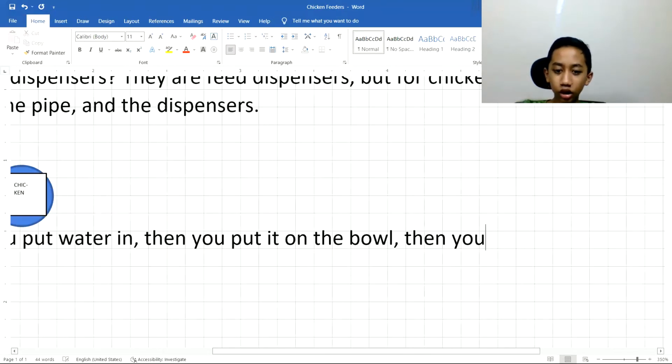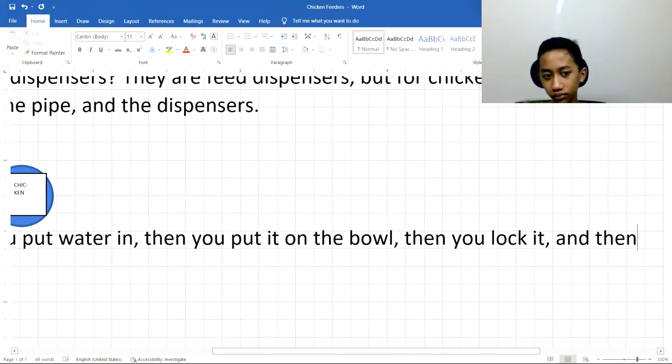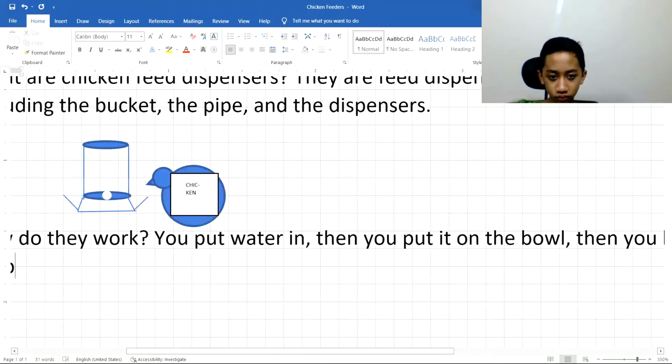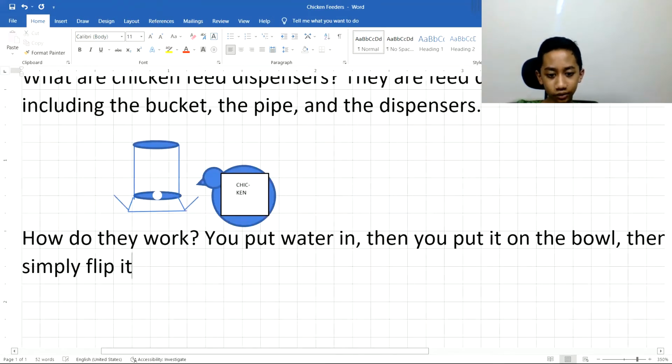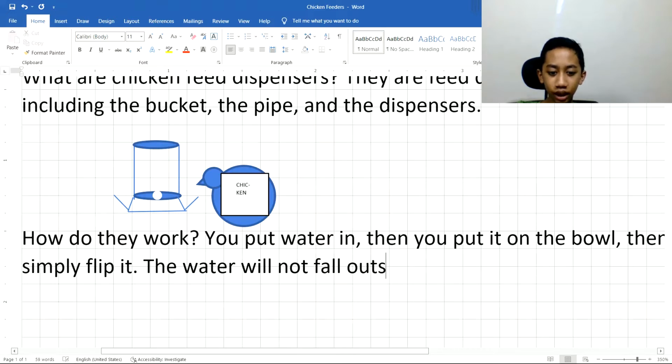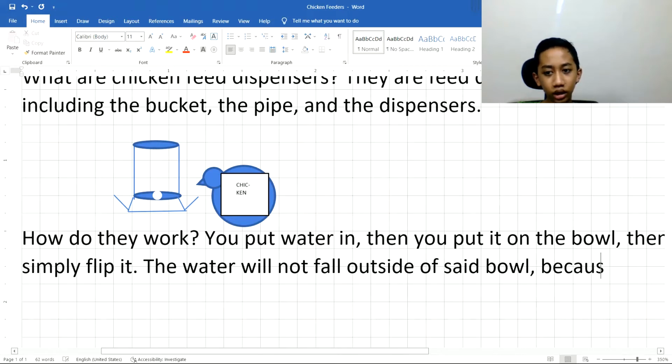Then you lock it. And then you simply flip it. The water will not fall outside of the bowl because